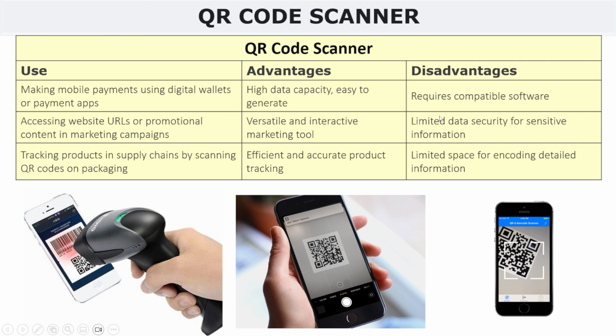The disadvantage that comes with the QR code is that it requires compatible software. So you need software that you can use to read QR codes. And then the last one I'll touch on here is limited data security for sensitive information. You can't just put out sensitive information on a QR code for people to use. So in terms of the amount of data that is put out, it's limited as far as security